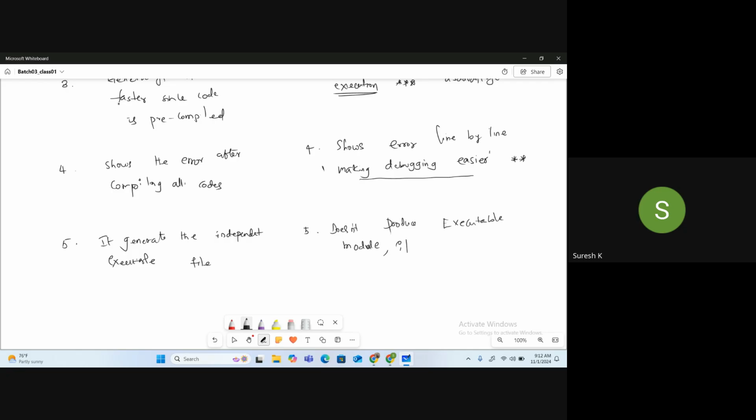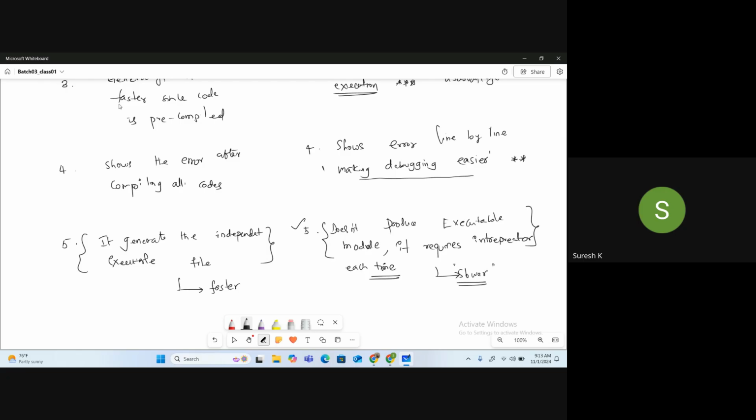It requires the interpreter each time. This makes my program faster. This leads to being slower.